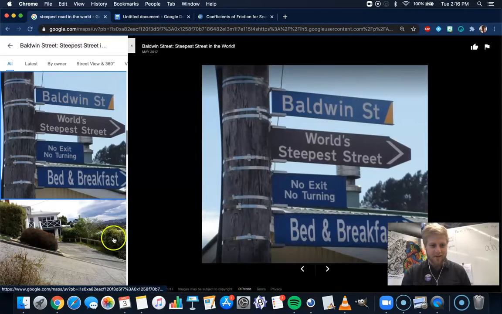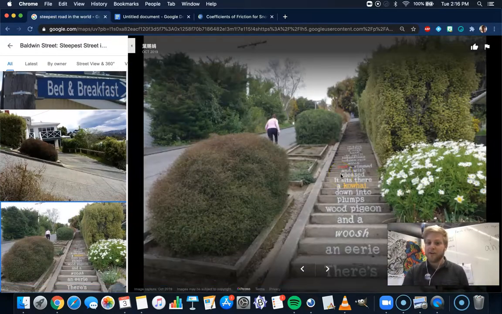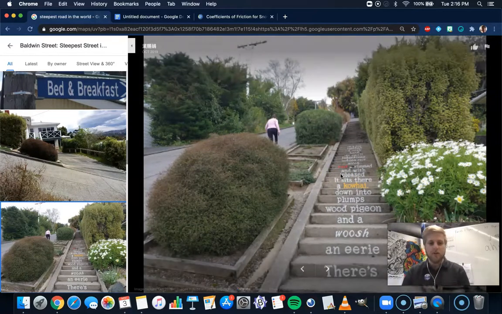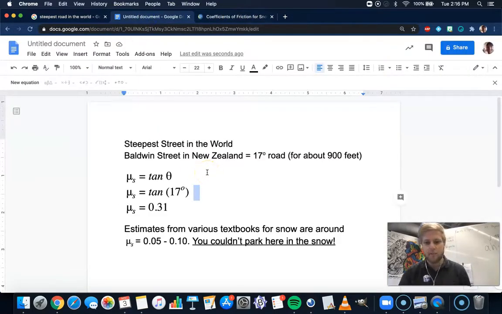And so can you imagine living in a place like this? Look how steep this is. If you actually do the math, what we can do is figure out, could I actually park my car here? And the answer is yes, you could. I looked up some coefficients of friction, and it's around 0.9 for dry tires on a dry road. So if you do the math on that, you can park up to about 42 degrees,